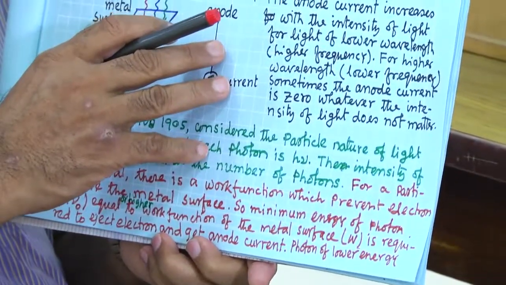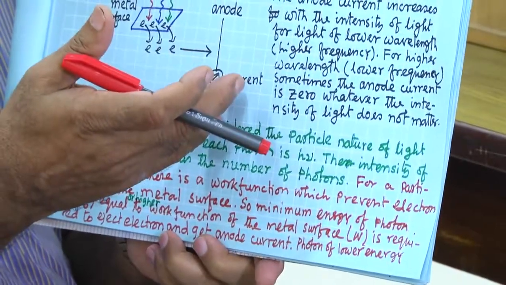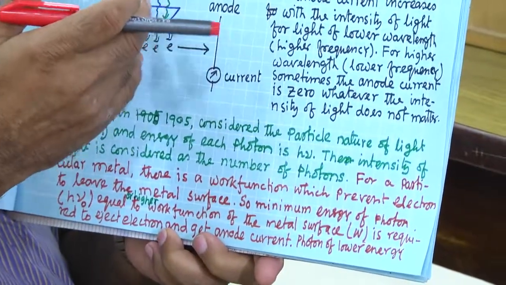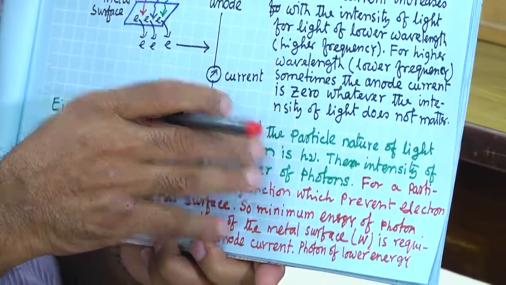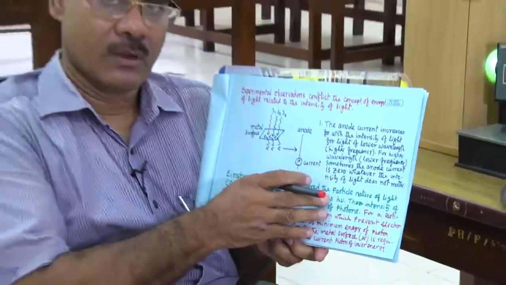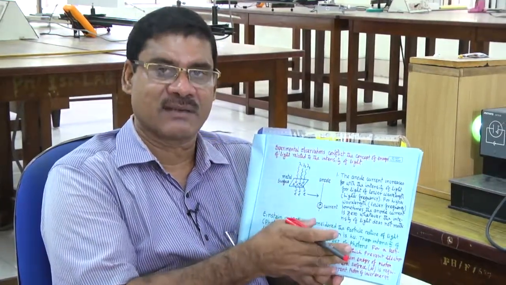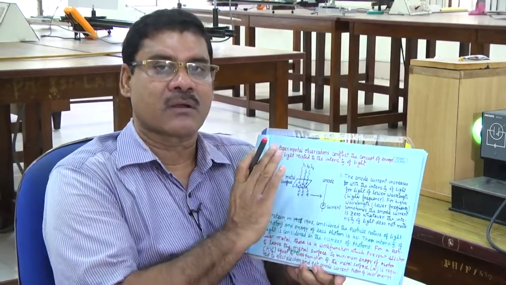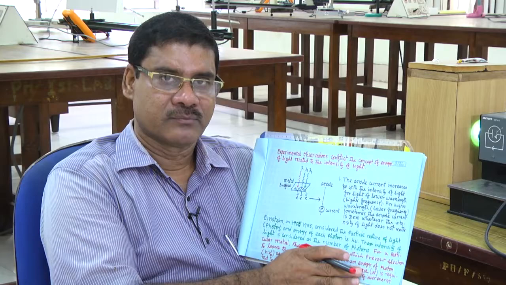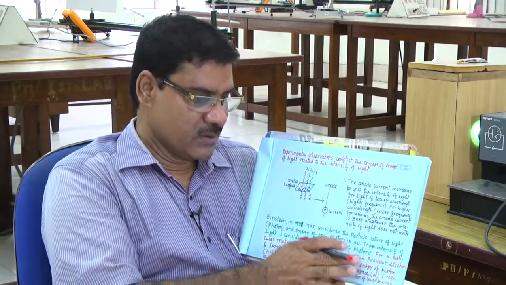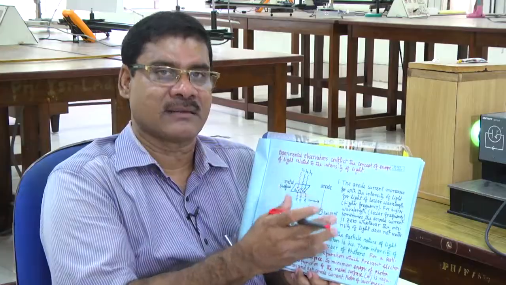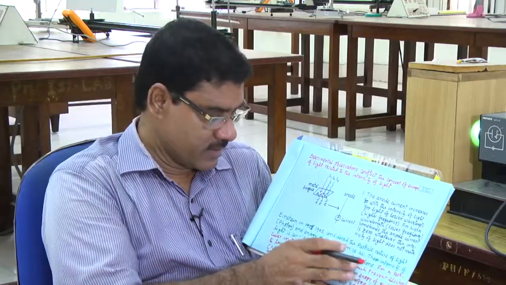So, why should it depend on the frequency of light? Why should it not depend on the intensity of light? That was the puzzle, that from the classical concept, this result was not possible to explain. That's the difficulty people faced, and then Einstein came forward, and in 1905